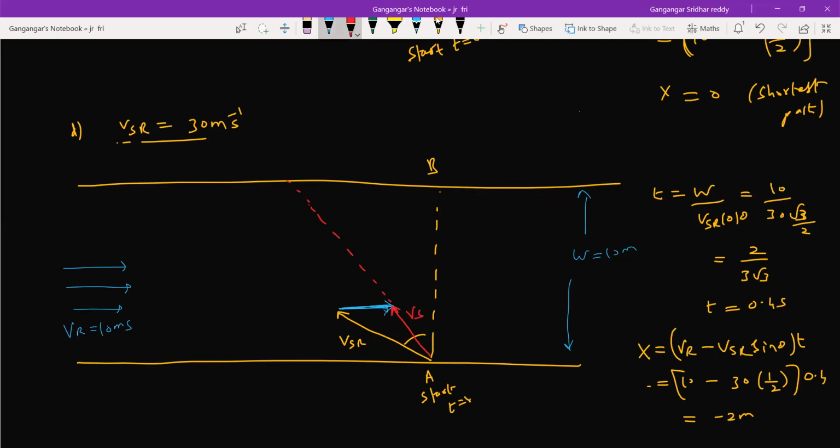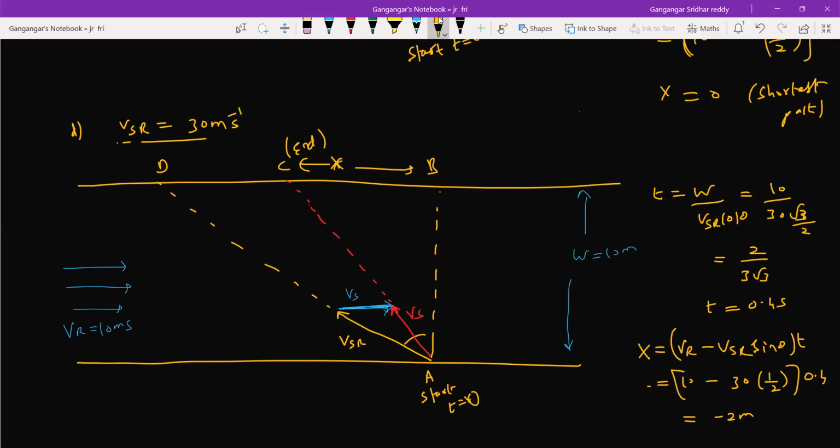So this will be the VS. You ask the swimmer where he is heading. He is heading at D, and finally you will reach C. This is the end point. Now, what do you mean by negative? Left side, no? And what is the time taken? Time taken will be 0.4 seconds.